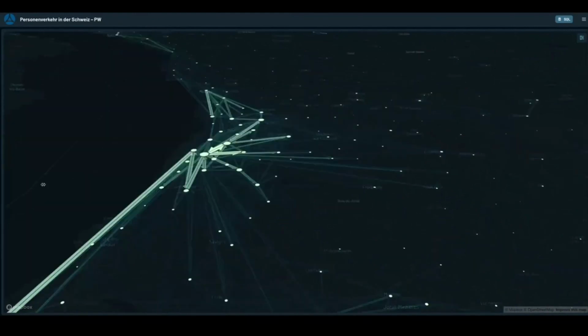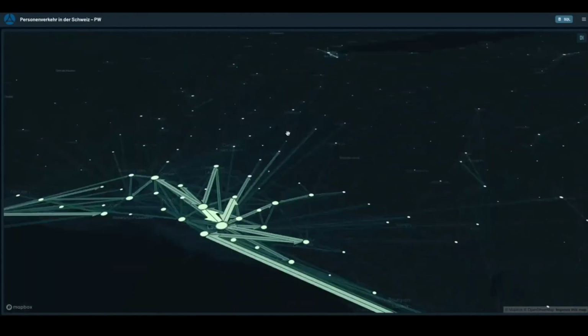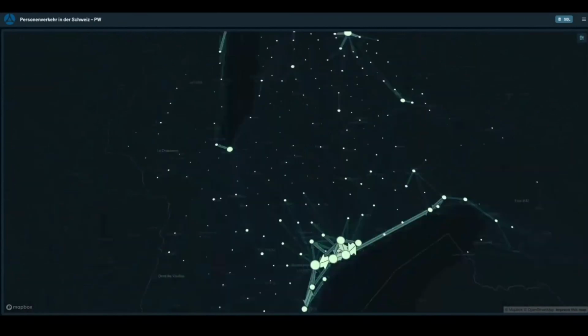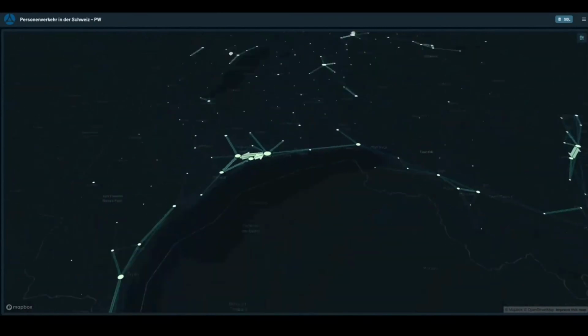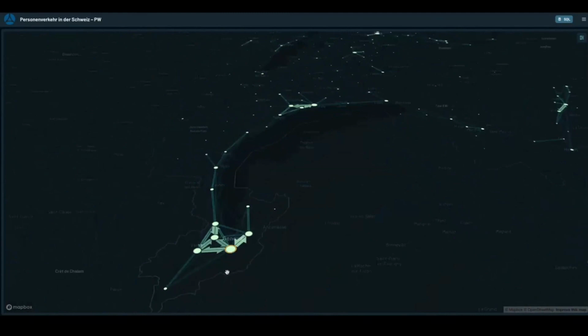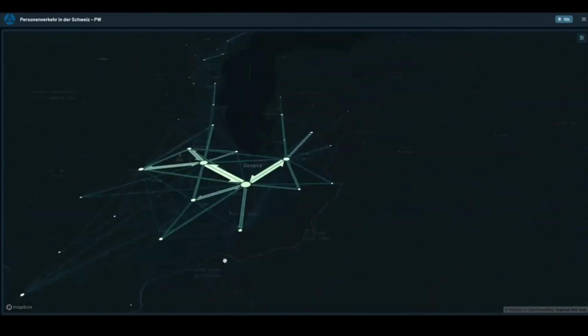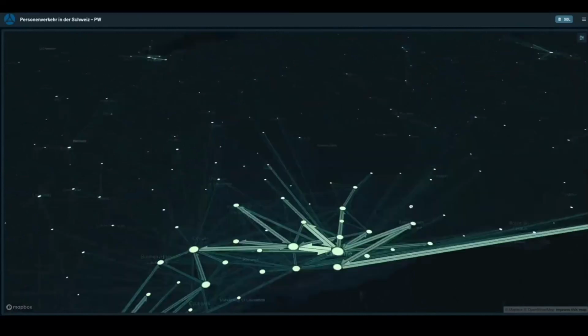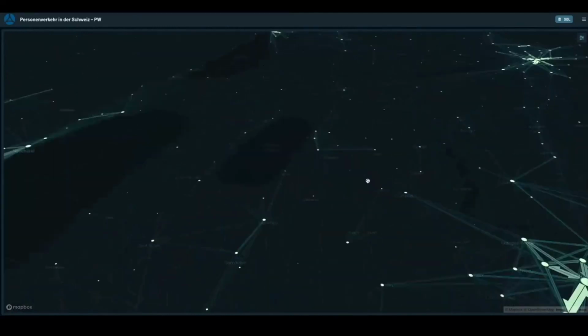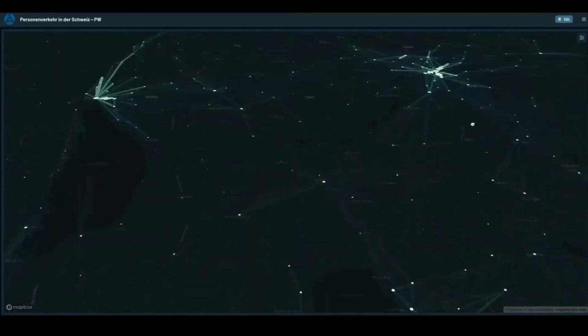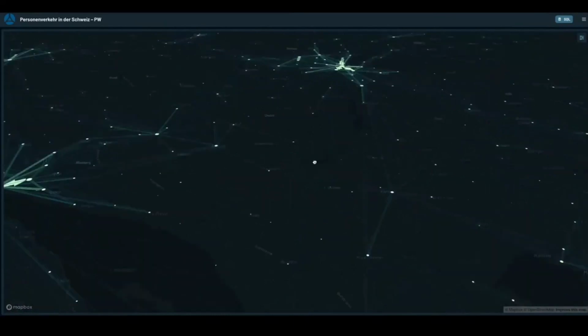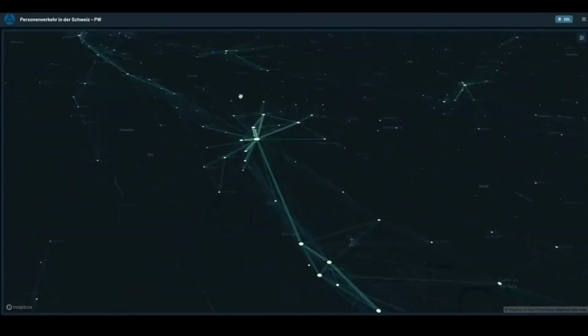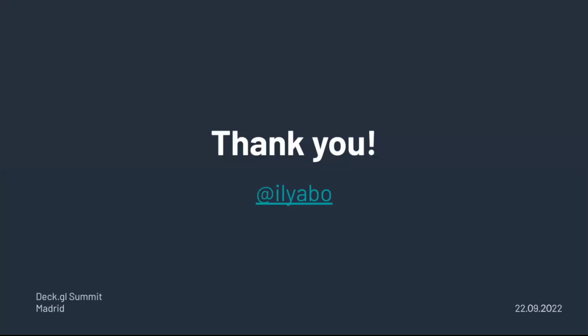You can maybe notice that when you move the viewport, the data comes with a little bit of delay because there's a calculation on the worker thread, and once the data is back, we update the view. But we are not blocking the main thread because the calculations are done in the worker. Yeah, this is pretty much what I want to share with you.